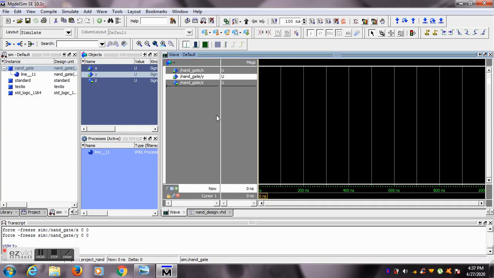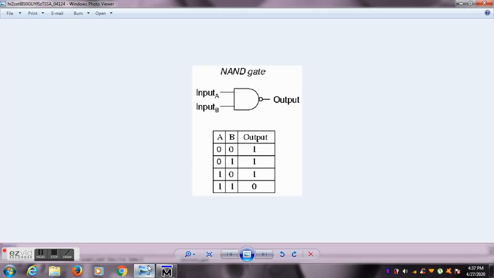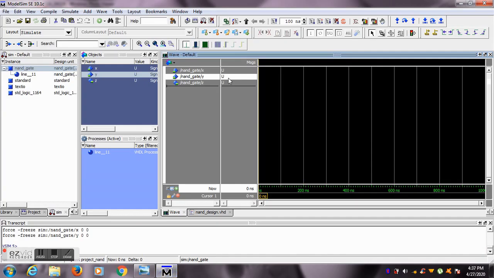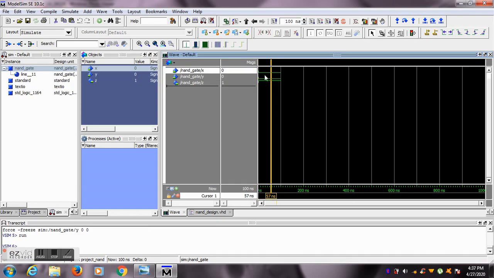So from the truth table of NAND gate, when the two inputs are 0, then output should be 1. Okay. So if we click on this run button, then we can see when the two inputs X and Y are 0, then output is 1.